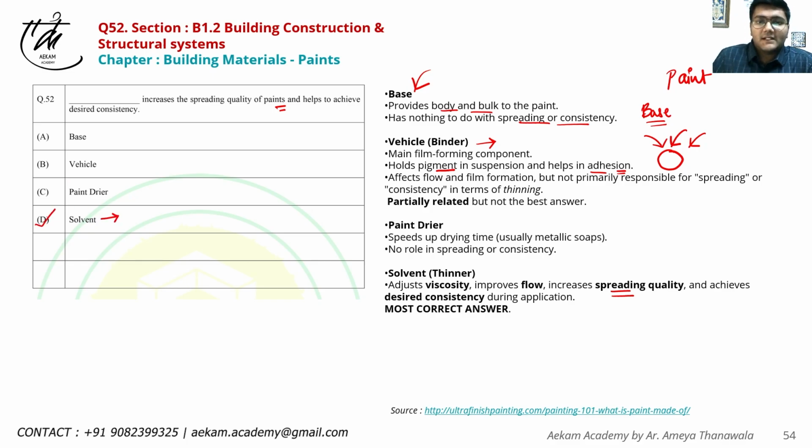But now what has happened, because of the ambiguity of the statement, even if you see, vehicle and binder affect the flow and film formation, not essentially consistency, but definitely they will affect the flow and film formation. So giving vehicle and solvent together might have created an ambiguous question. So now in our final answer key, this question has been awarded